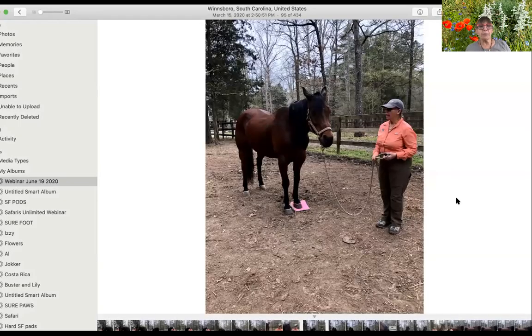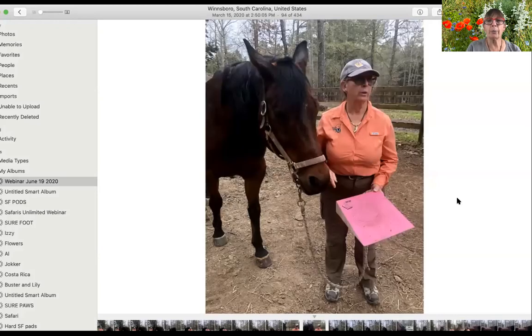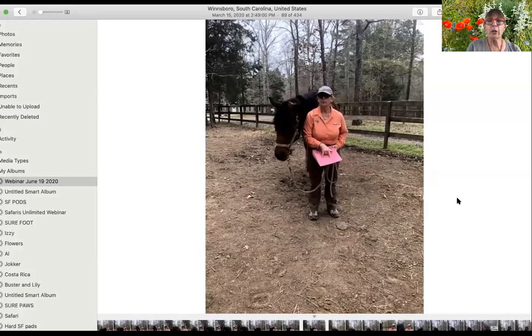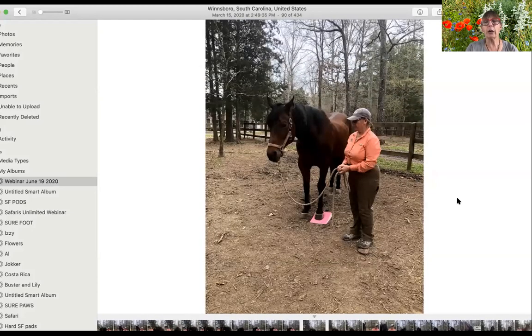So this horse here, we started him on hard pads. Here I'm working with a hard slant. But I start with the hard pads, either hard or hard slant, because, you know, if you're an older arthritic